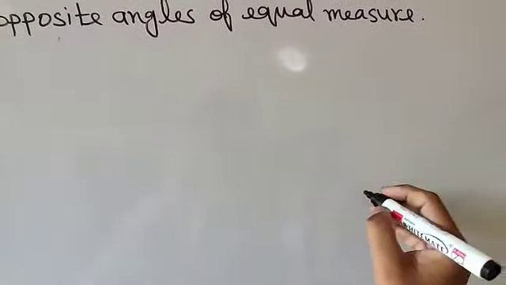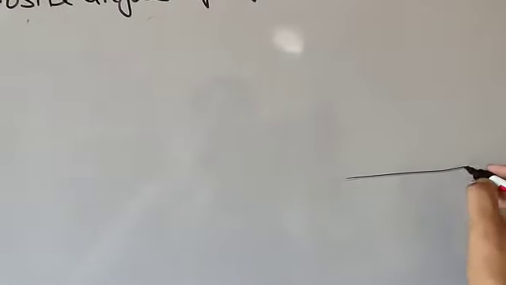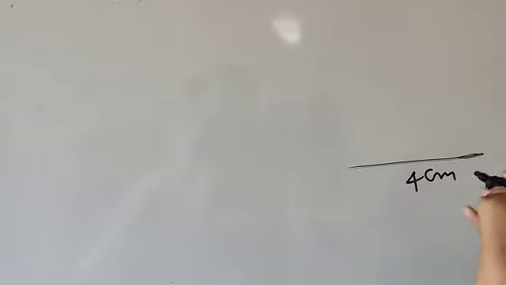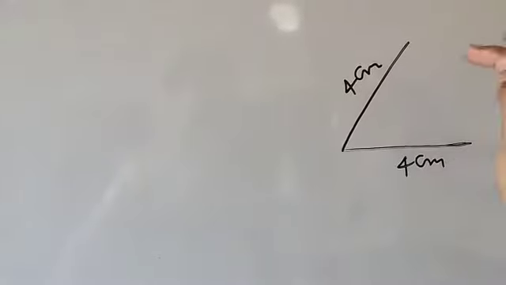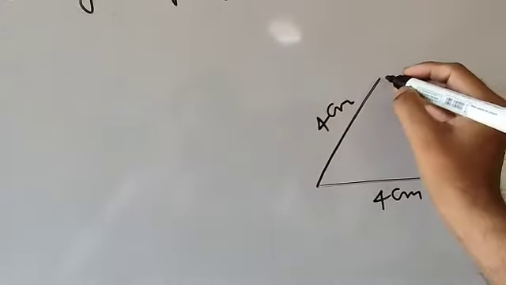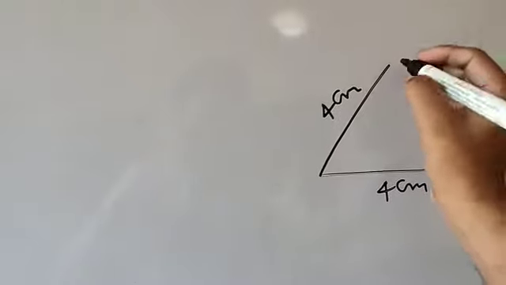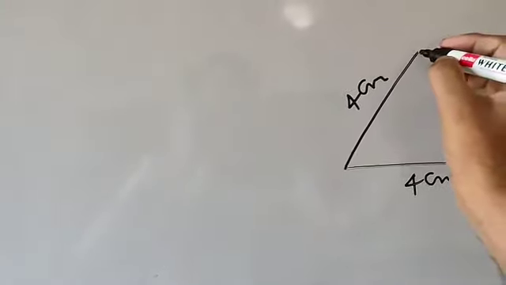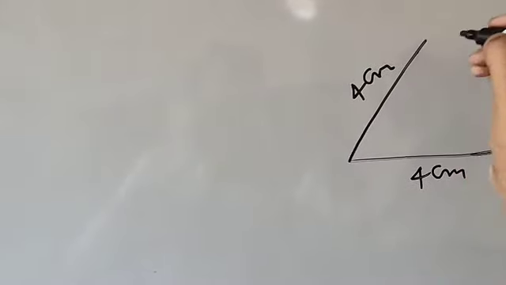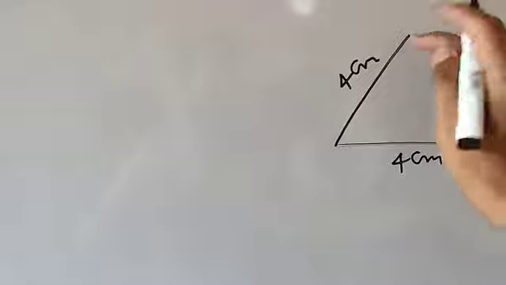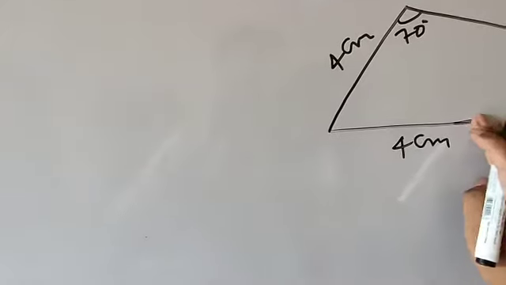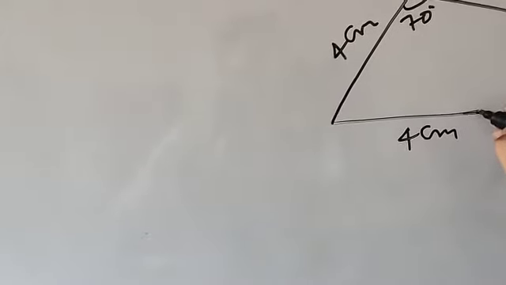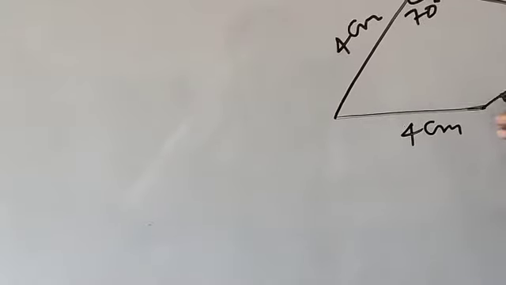So first you need to draw a straight line of any length. Suppose that if I am going to draw it 4 centimeter. So again from here you can make any angle and you can draw another line with the same length, that is 4 centimeter. Here it is 4 centimeter, it is also 4 centimeter. Now here you can draw any angle, like if I am going to draw here 70 degree with the help of compass, protractor. If you are going to draw angle, suppose that if it is 70 degree, and here also you need to draw 70 degree angle.